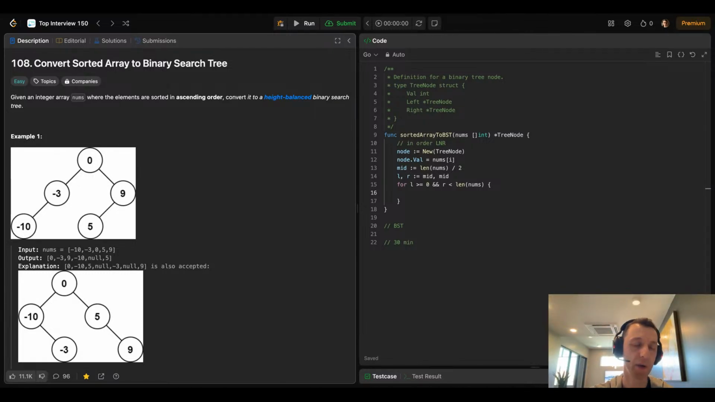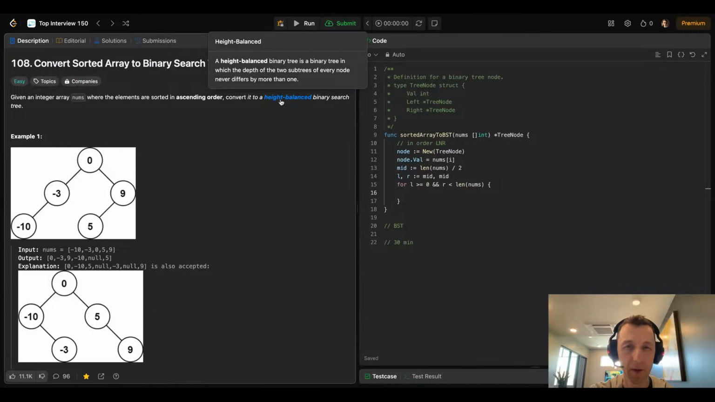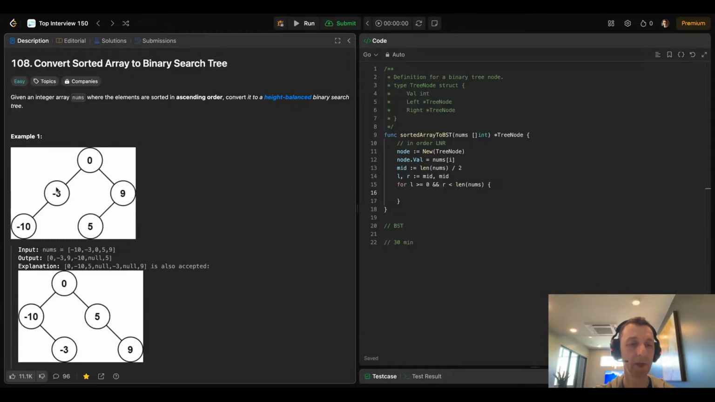If we wanted to do it more, wait a second, height balanced, in which depth of the 2 subtrees of every node never differs. Oh, okay. That means we cannot do that. For every node, also the subtree, it has to be height balanced. So we cannot do that. We need to still start in the middle